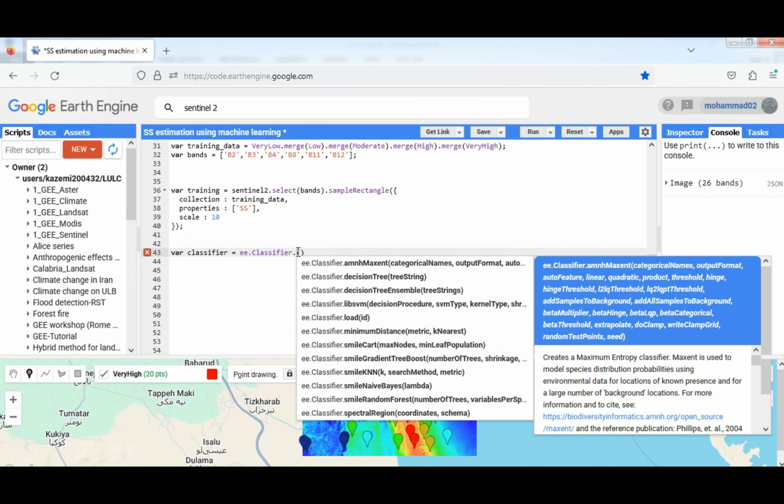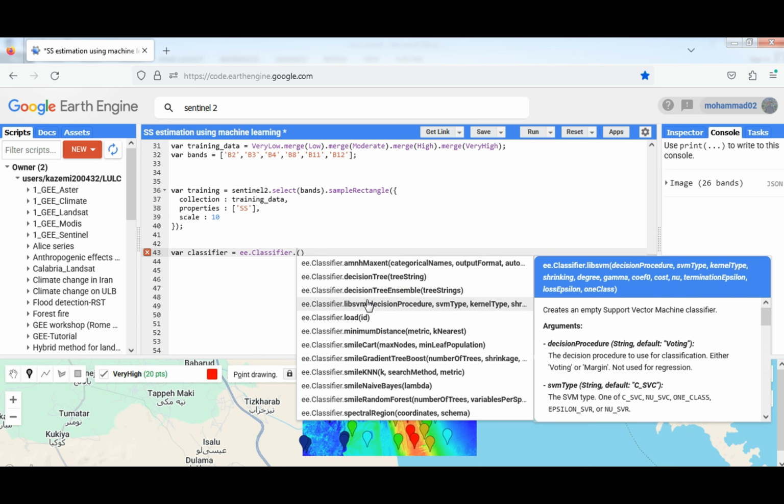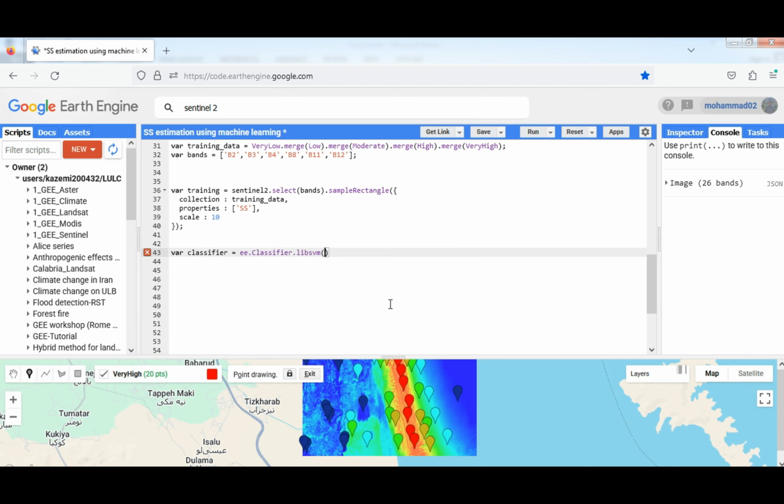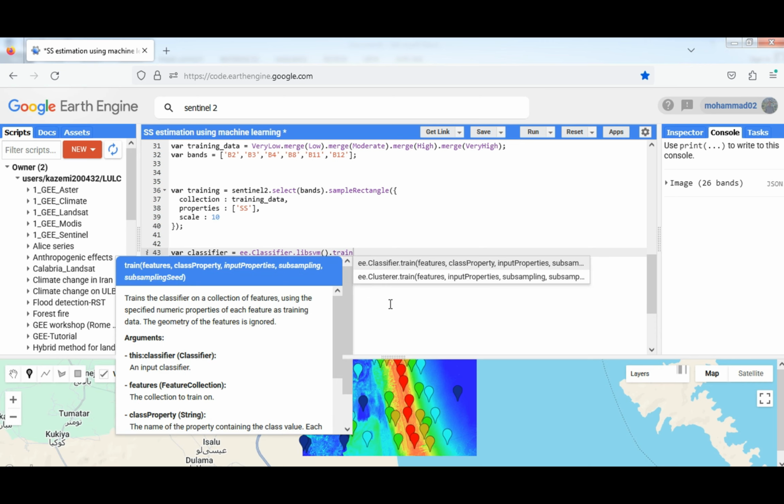Depends on your usage. You can choose one of them for your process. Here, I'm gonna use support vector machine as one of the well-known machine learning algorithms. Here, again, I'm saying that with this classifier, train,